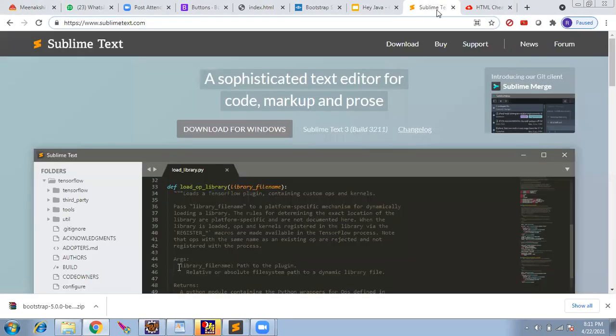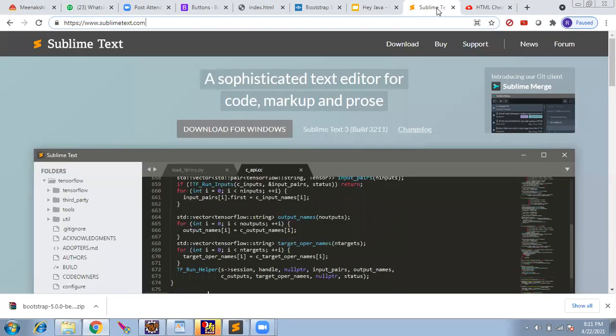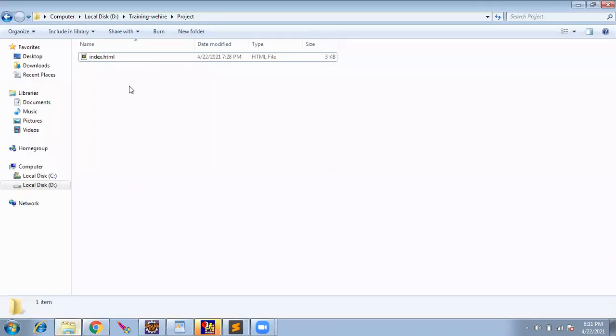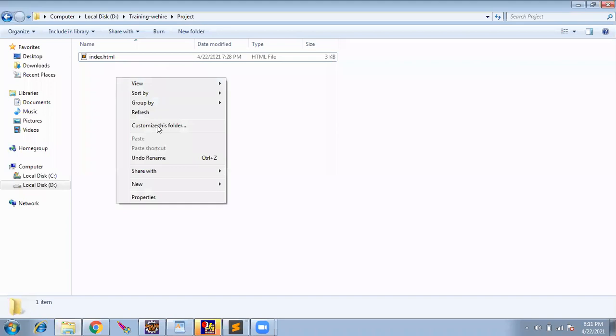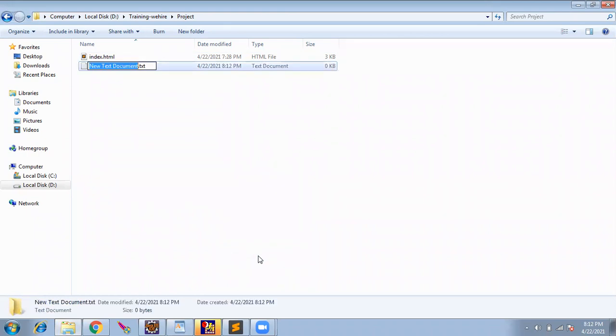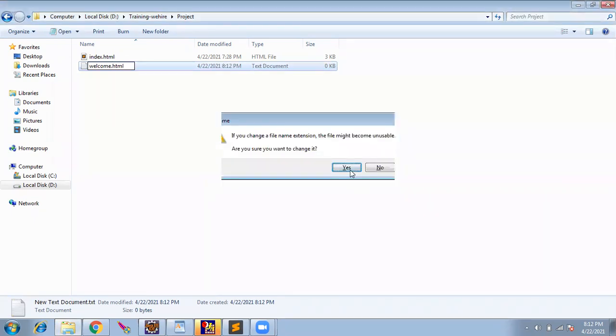I said about the editor, Sublime Text. You can download and use it. Now I'll create one folder and one file called welcome.html.